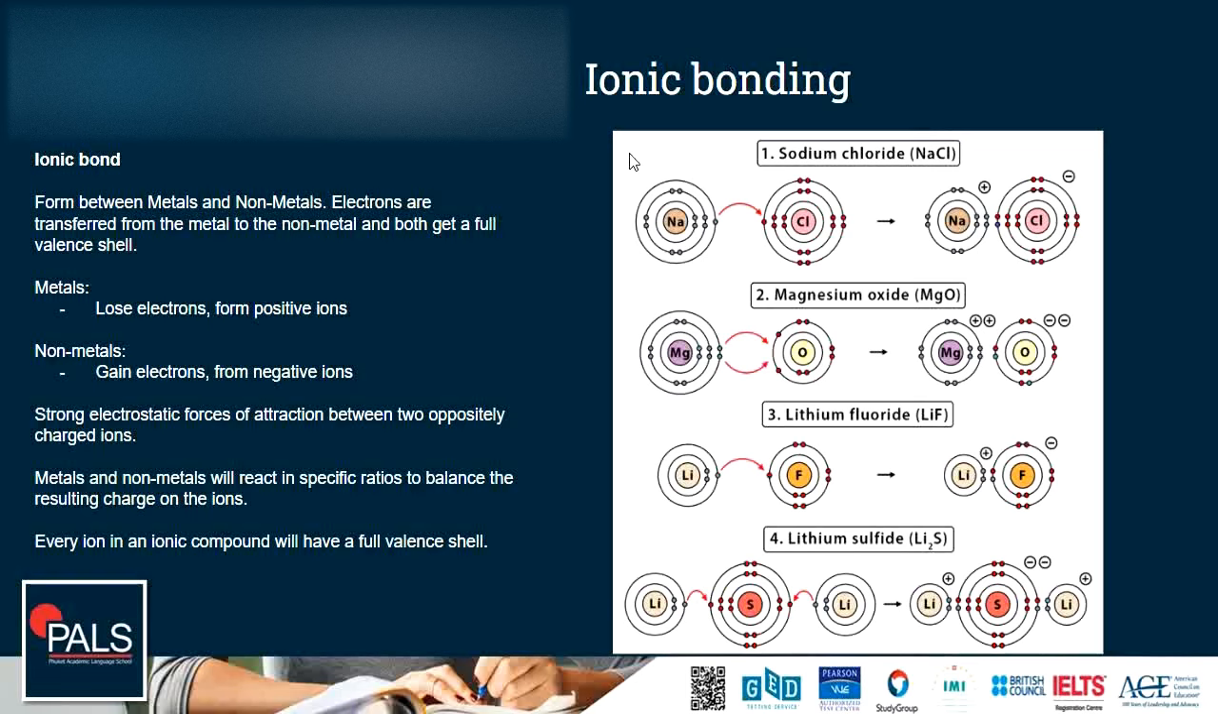So ionic bonding. Ionic bonds form between metals and nonmetals. Electrons are transferred from the metal to the nonmetal and both get a full valence shell. Therefore, metals lose electrons and form positive ions. Now, this is something that is very often misunderstood